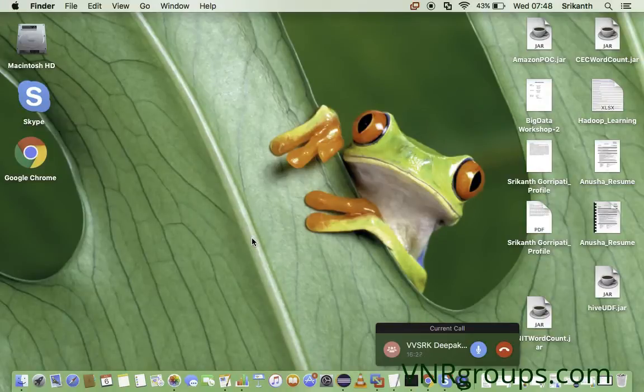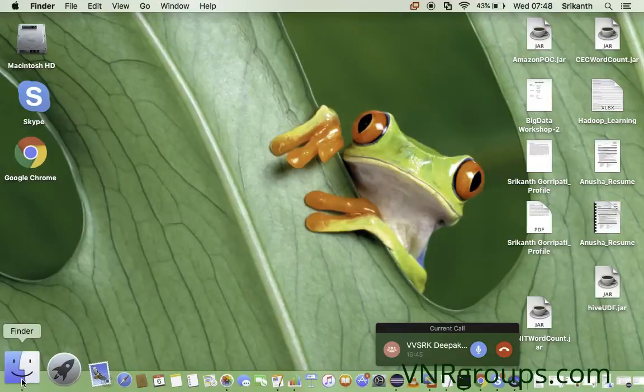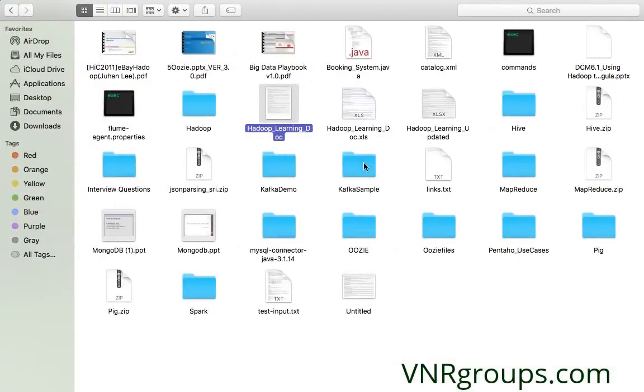We will see how we can represent the file data logically as a table, how we can create tables in Hive, and how we can do all the DDL and DML operations on that. All those concepts we'll look into. So, to start with, I'll have a small document for you.